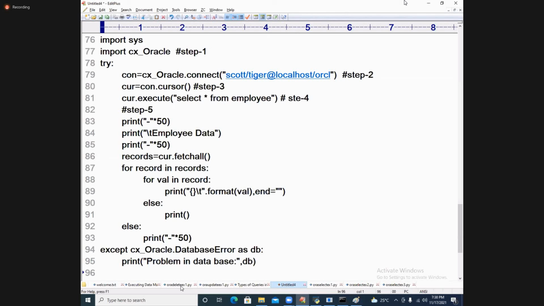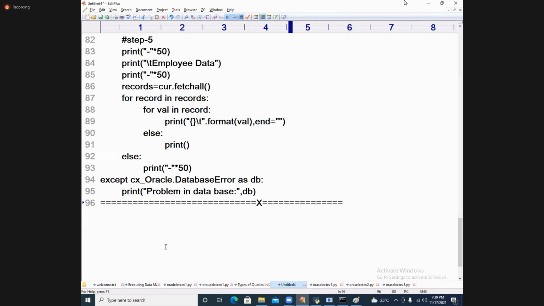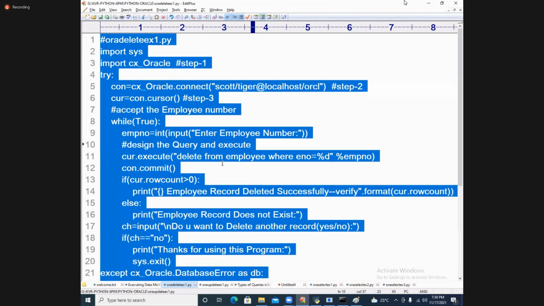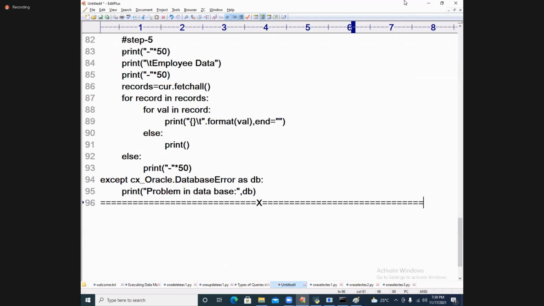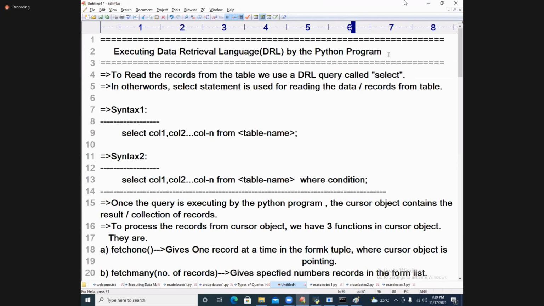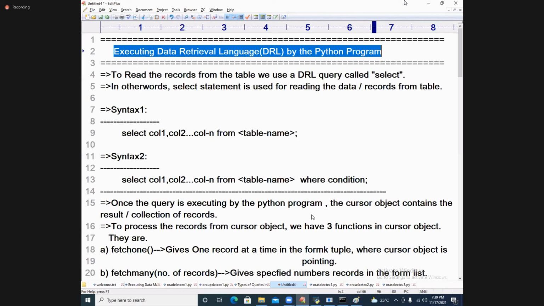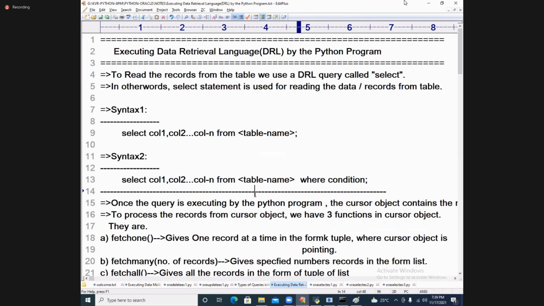See that now, if you follow me, executing all the steps we got it. Delete, update, etc. also come under processing. Processing the query we got, and executing DRL statements also we got. So in tomorrow's class, I will discuss MySQL.